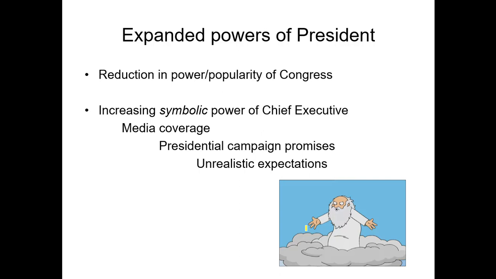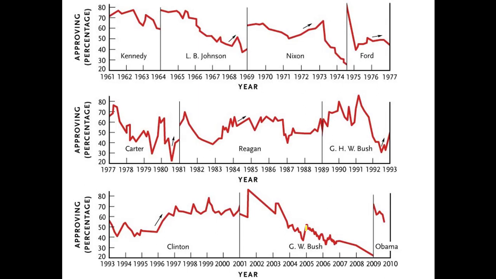Because, first of all, you have a lot of people that don't vote, so there's a lot of people who can say, I don't have any ownership to this particular president because I didn't vote for him. But because of the promises that will not be fulfilled and because of all these unrealistic expectations, there was a